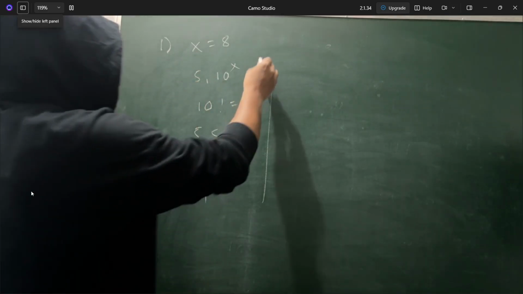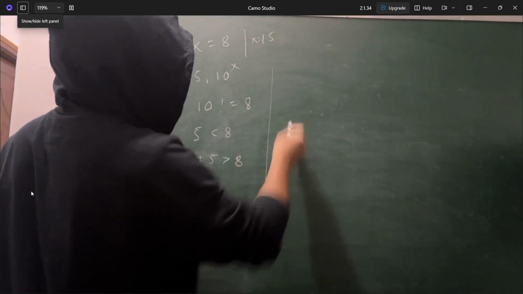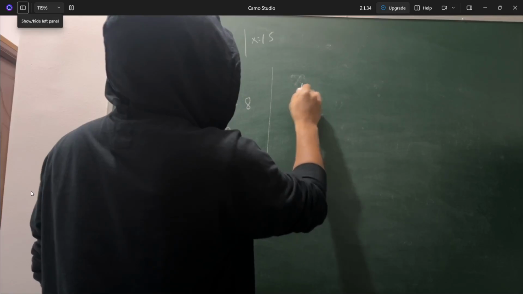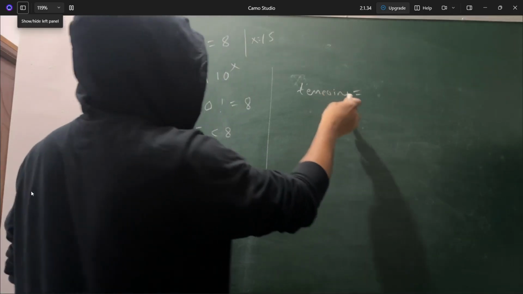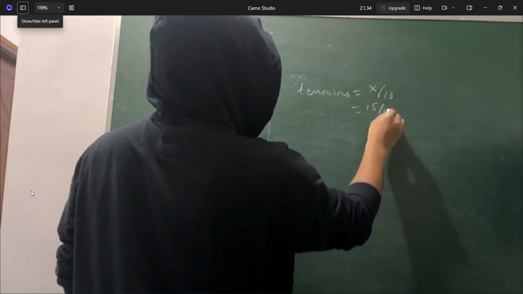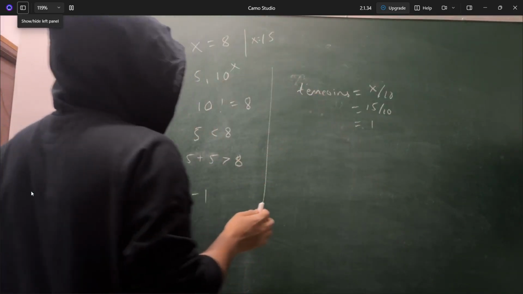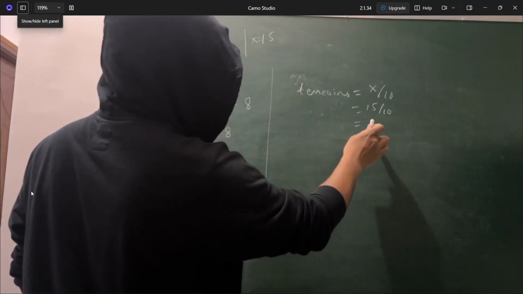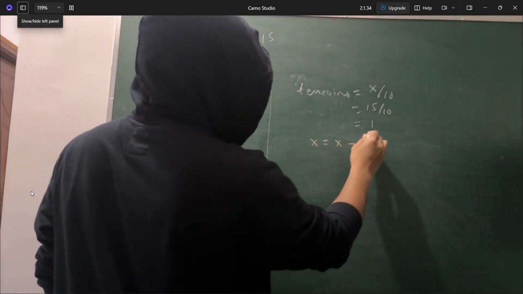So let's say question x was 15. When x was 15, we will divide by, let's say, 10 rupee coins. This is one of the variables. In that I'll be taking x by 10, which will give me 15 by 10, which is basically 1. So 1 10 rupee coin we will be taking, and now your x value will be, since you're taking 1 10 rupee coin, x minus this 10 rupee coin